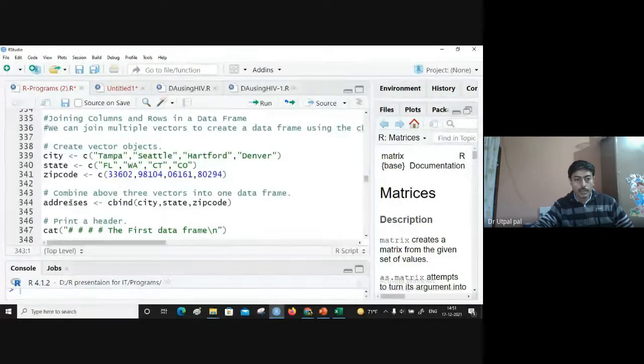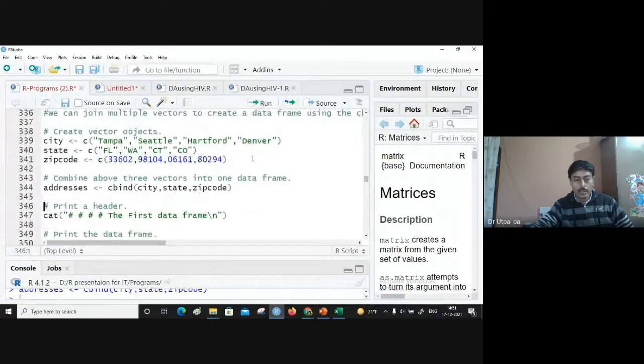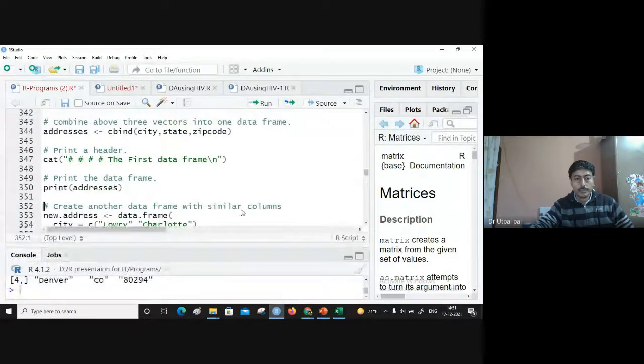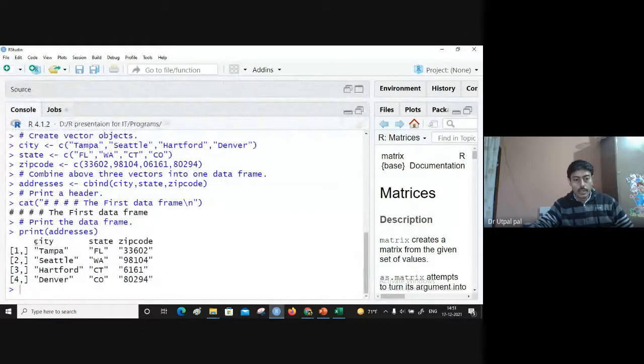Okay, now if we combine it, and print. See, earlier these were individual vectors, now they are combined into a table. So this is possible in the R programming language.